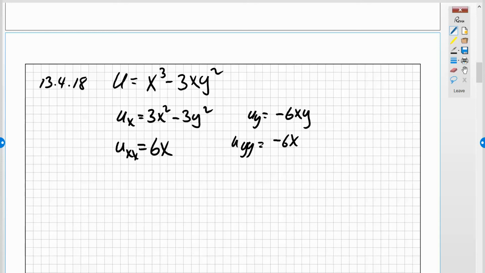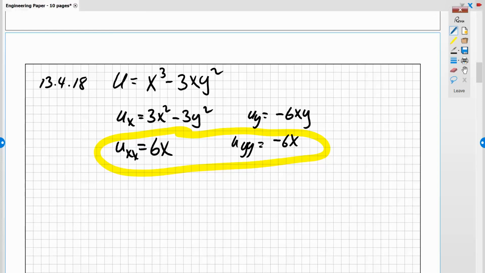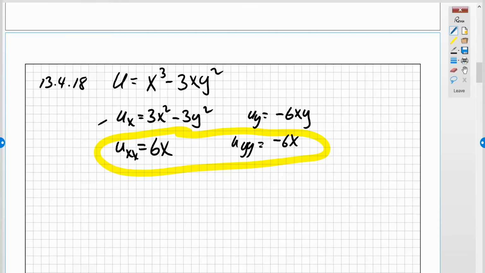And I can see that these two terms do in fact sum to 0, and so our u function is harmonic. Now let's find its harmonic conjugate, realizing that this is also vy,